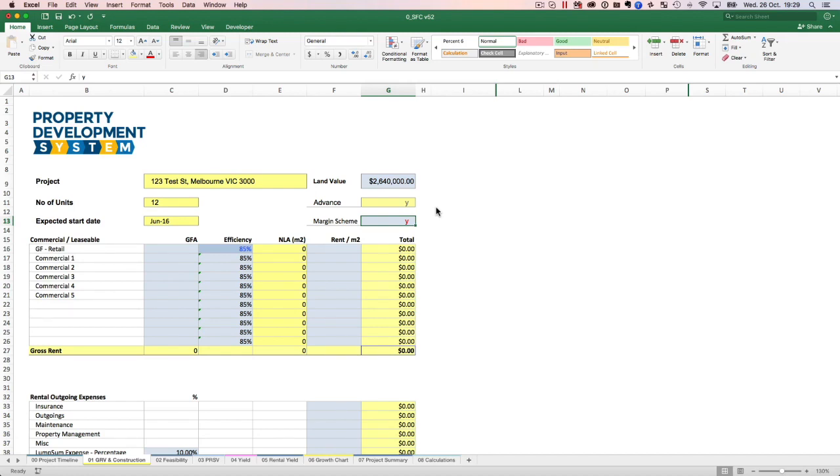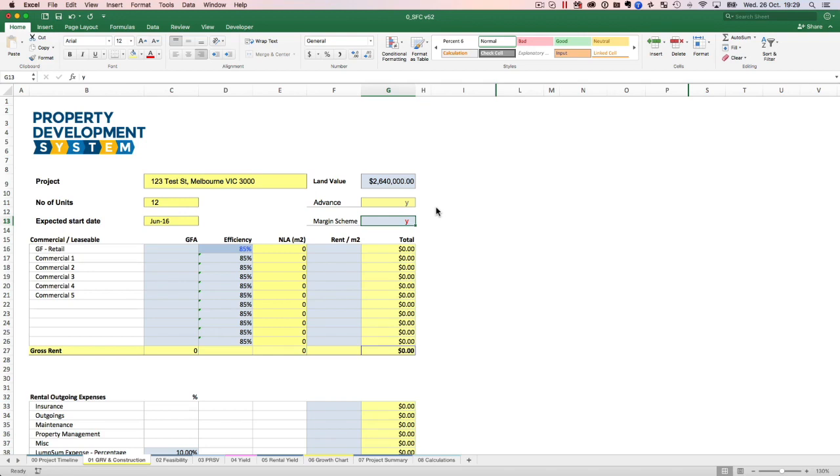And I would say 95% of the second-hand property, which basically means a block of land where no one's actually used margin scheme before, or an old house, whatever house that's already on the block, that means the margin scheme is going to apply. But I'm not an accountant, I can't give you this advice. So anytime you're about to buy something, you need to check with your accountant whether or not margin scheme applies. And another important thing, there's actually a full video on margin scheme under financial feasibility, so make sure you watch that. But I'm just telling you this because it is important and I want you to pay attention to this,